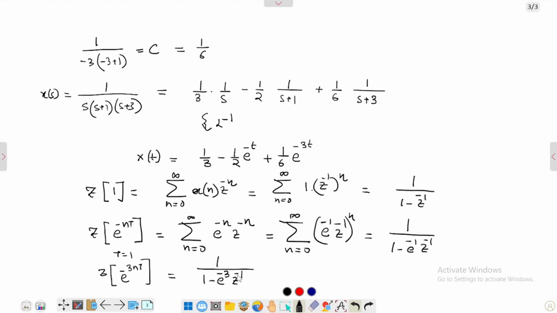Now, when I have all the z transforms, I will go to the next page and write down those z transform equations separately. So my G of z, what I got is 1 minus e to the power minus 1, z to the power minus 1, right? And this value is for the part of ZOH,